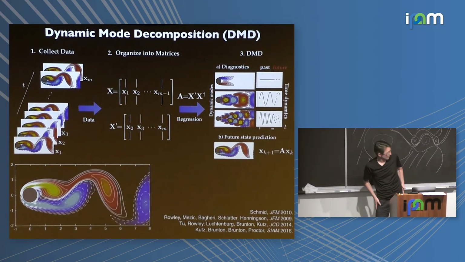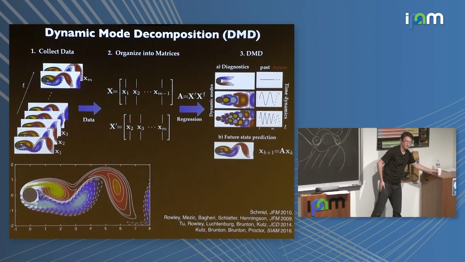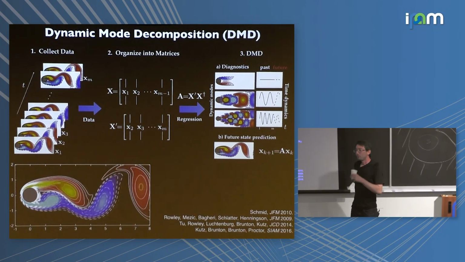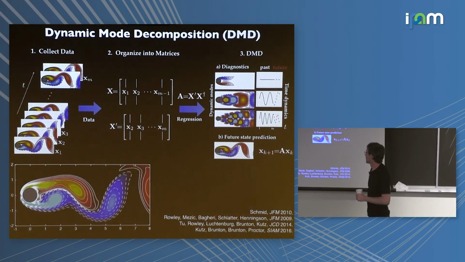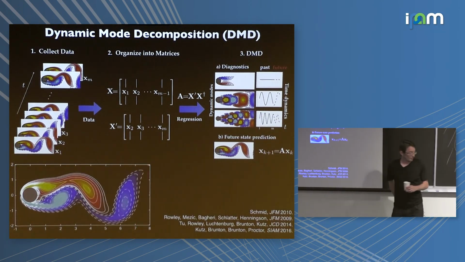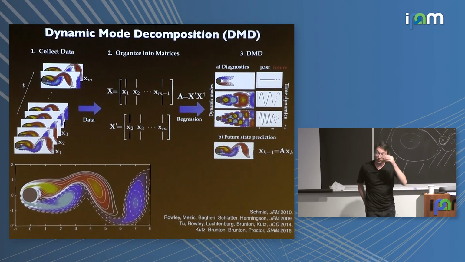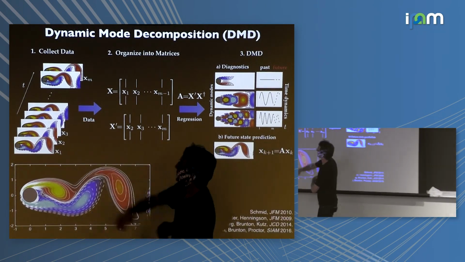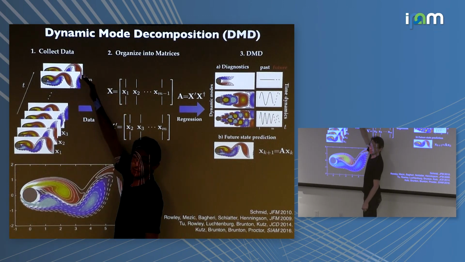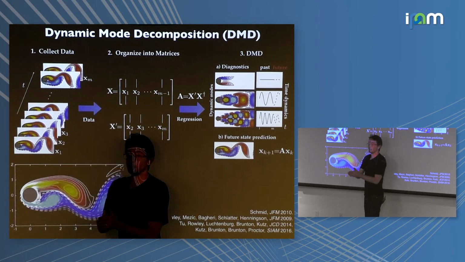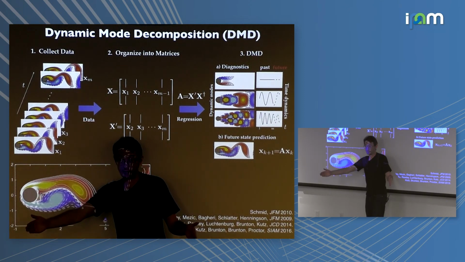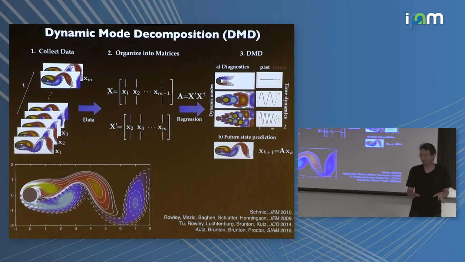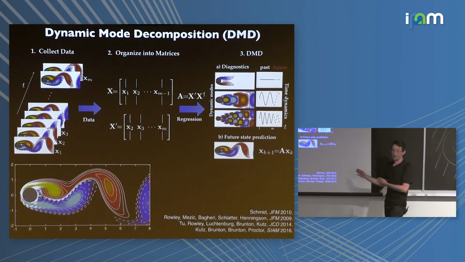Yeah? So you have this flow going on. If that were to move up a little bit, would the order of the eigenvalues change? It's not obvious to me that everything will always be in the same place, the index of the eigenvalues and eigenvectors over time. Yeah. Well, so I always choose my data to be sufficiently long that I capture the kinds of behavior I would be expecting to see. So okay, there's a lot of assumptions. I've shown you the case that works.